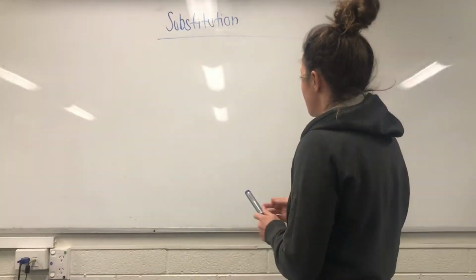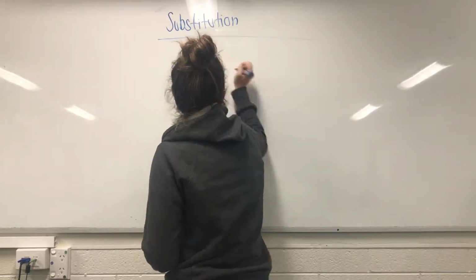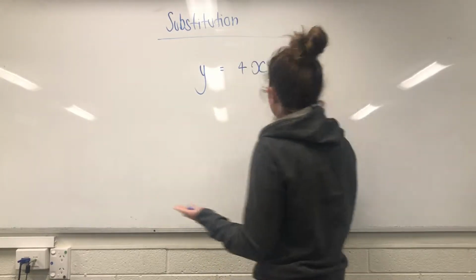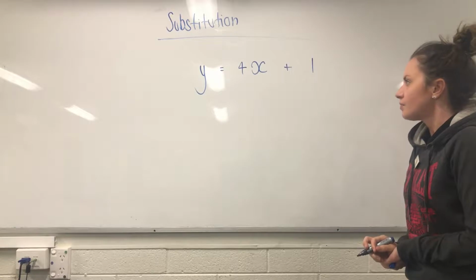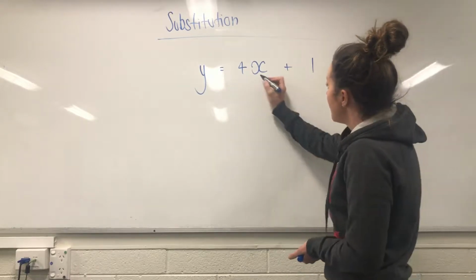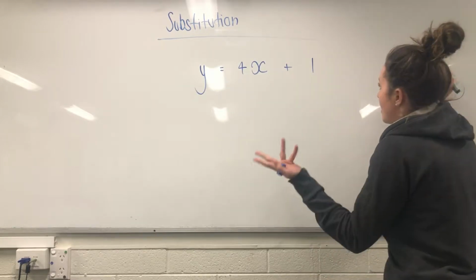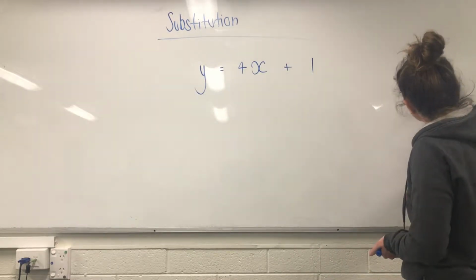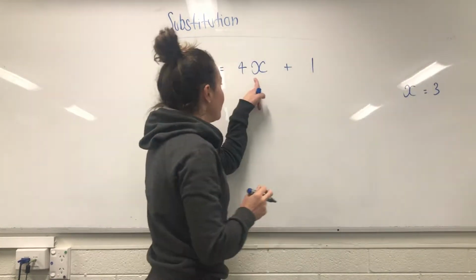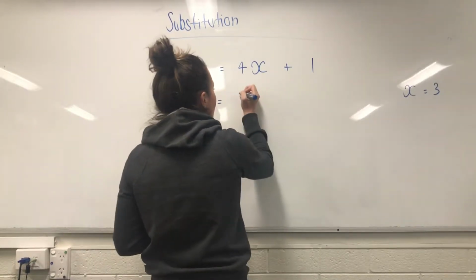Going back a little bit, if I have something like y equals 4x plus 1, sometimes you're going to be asked to substitute in a different value for x. So let's pretend that we know what x is, and x is in fact 3. So x equals 3. In this scenario, we just replace the x and substitute it for 3. So on a new line, we're going to be writing y equals